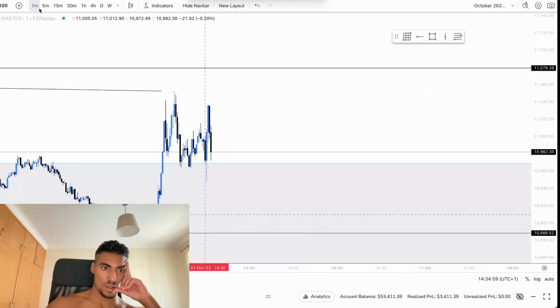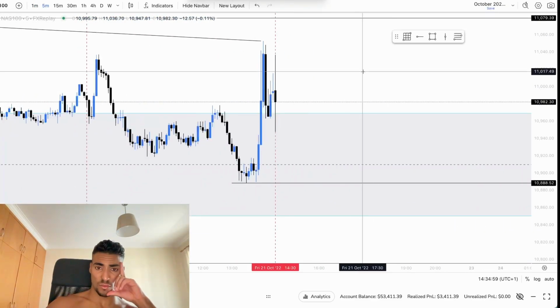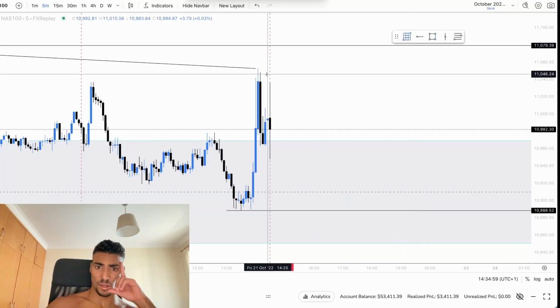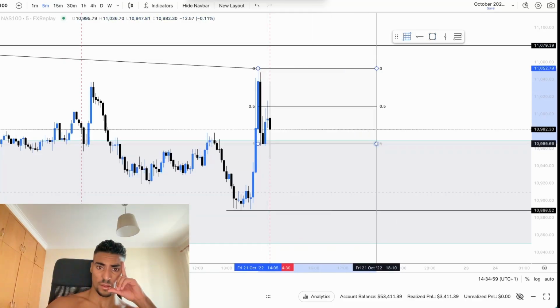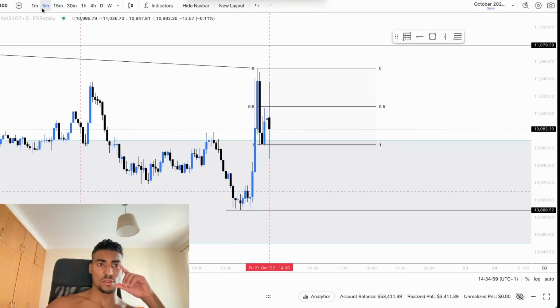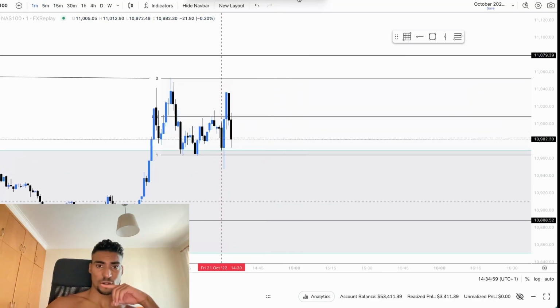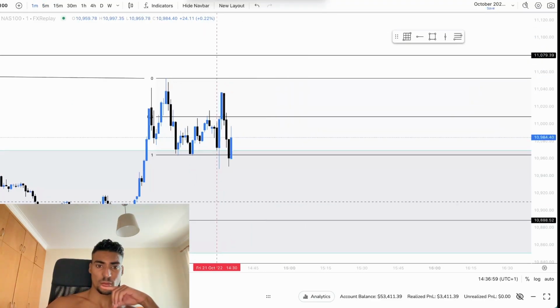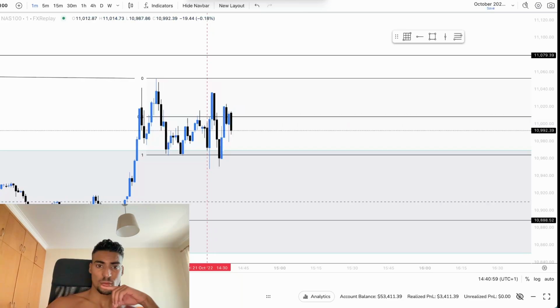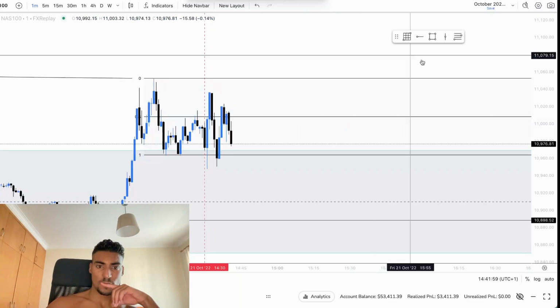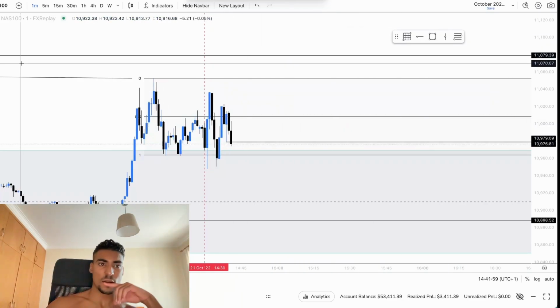So I'm just going to mark 5 minute confluences. There's not really much otherwise, only 5 minute equilibrium, to be honest, which we are already filling, I think. So a break of structure and a reversal gap should be enough for me to enter. Is this a break of structure? Okay, I'll enter on this.